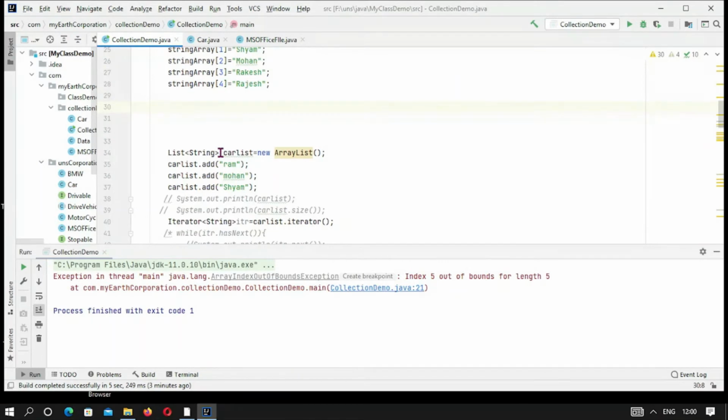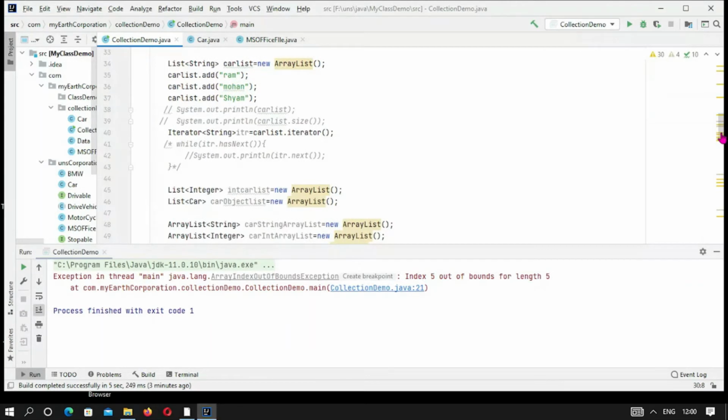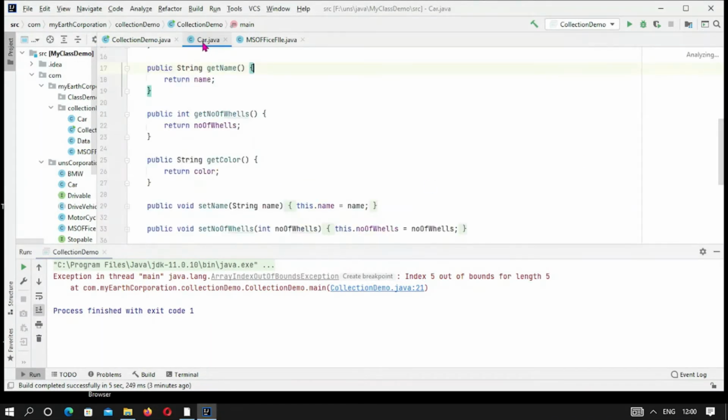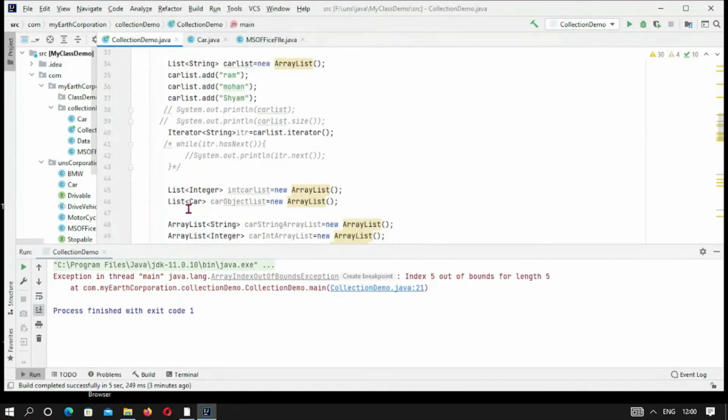Here we have taken a reference of the List interface, and this will store String objects. This is carList, and here List of Car. Here the Car class I have already made, and this will produce objects of type Car, and this is a list which will store Car objects, and this is the car object list, new ArrayList, and here this is ArrayList.